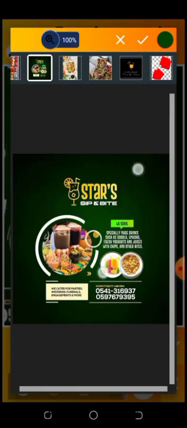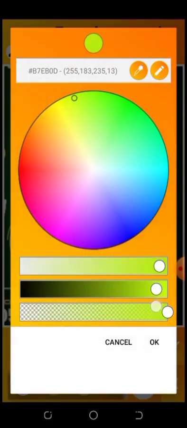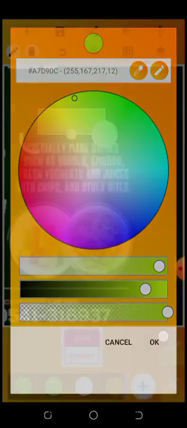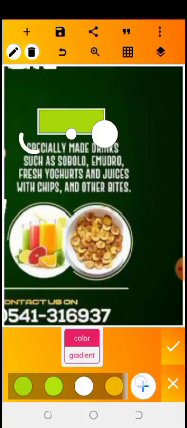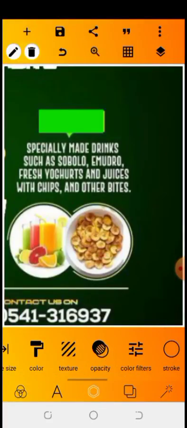Once we're done, you can choose to go back to your text color, click on this color, pick the background of the reserve. So something like this, color pick it. You can choose to drop it like this or take it inside to be a little bit dark. Okay, I'll be using this. Once I'm done doing this,